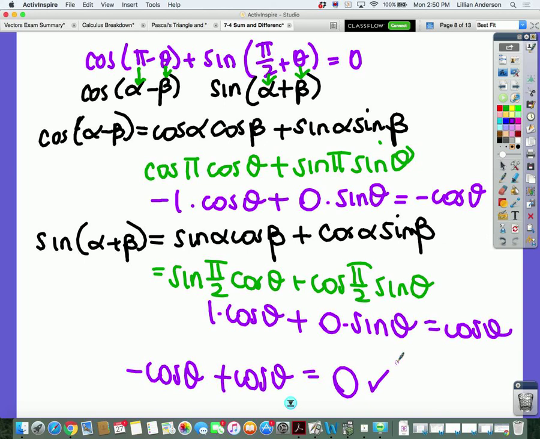Does anyone see how it matches up with the identities? With the respective identities? Okay. Read the